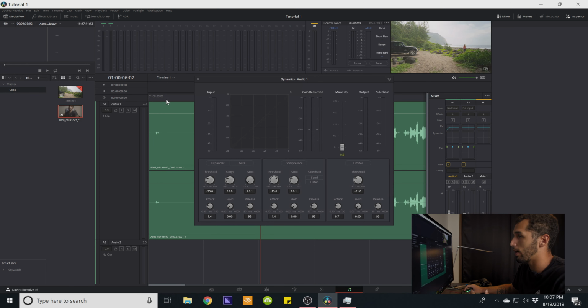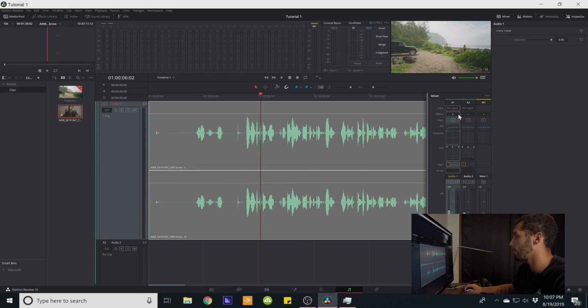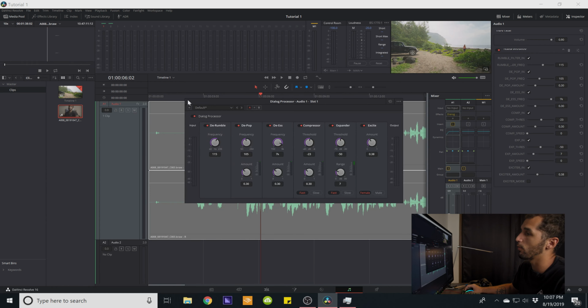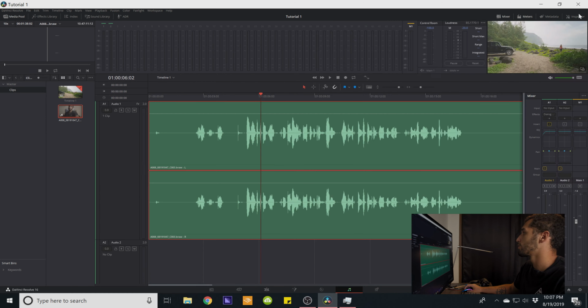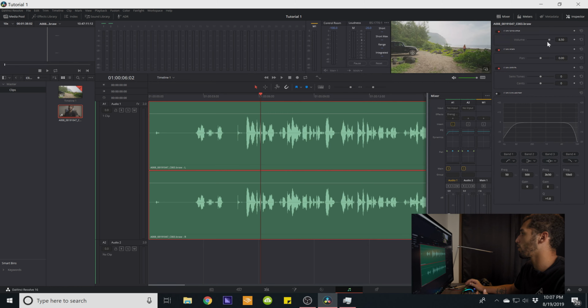And your dynamics are right here. If you're too lazy for that, you can go over here to your effects and dialogue processor, and basically it does all that for you. I personally like to do it manually because I get a better sound out of it. So now you have your inspector over here. Again, this is where all your clip attributes will live. So your volume controls,